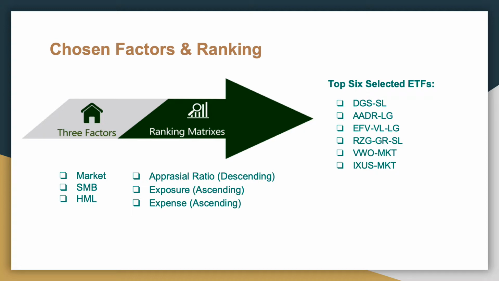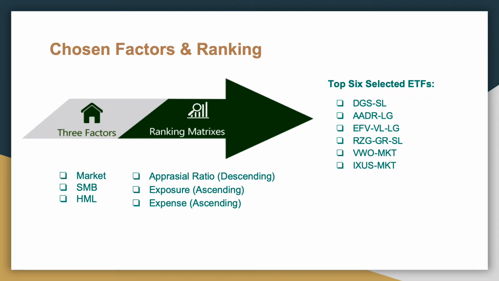Exposure represents how much tracking error relative to 1 unit of exposure, and expense represents how much expense relative to 1 unit of return. And then we assign 20% to the appraisal ratio and 40% each to exposure and expense because we want to place more weight on exposure to the factor and how cheap it is to invest. And based on the ranking, we selected the top 6 ETFs, which are listed on the right side of the